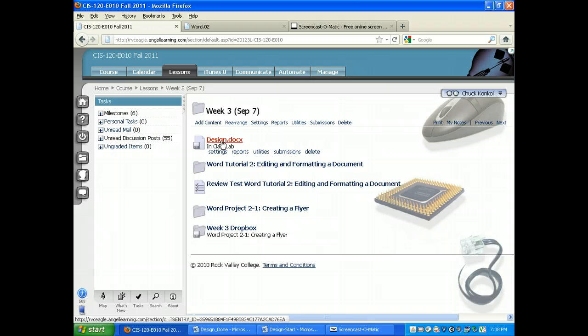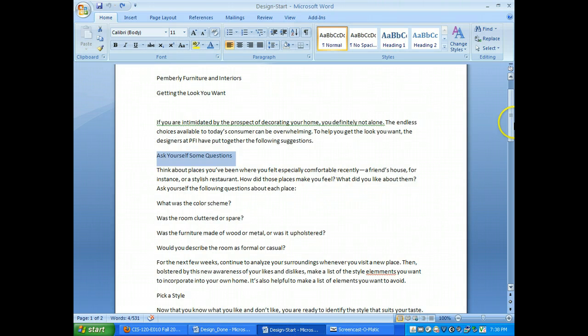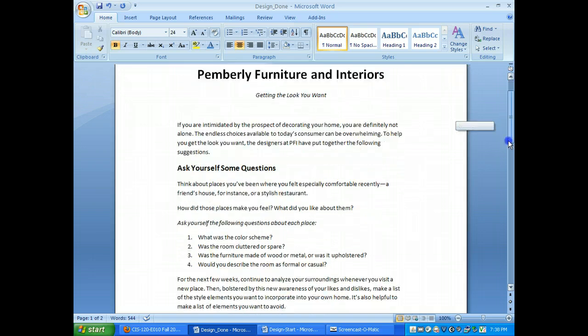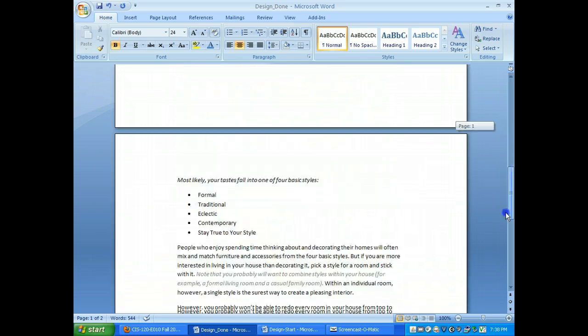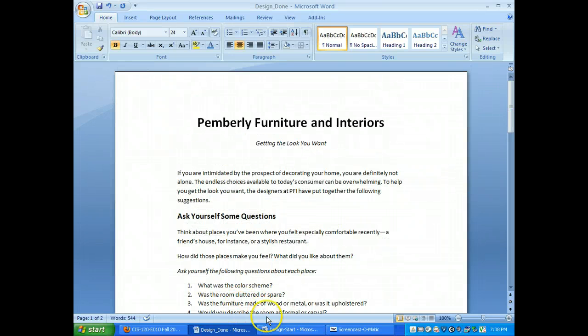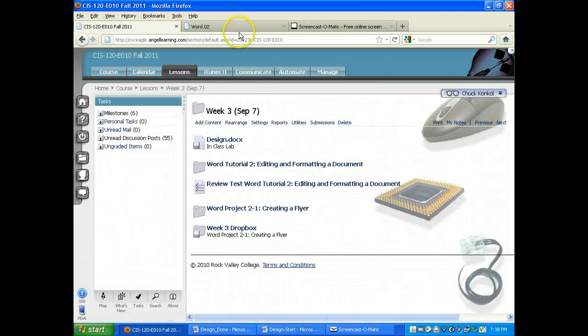So kind of keep that in front of you. We're going to be going to it here in just a moment. Here's what the document should look like right here. Here's what it's going to look like before you leave, with a few variances. I'll let you have some time playing around with it and do what you want with it. Okay, so